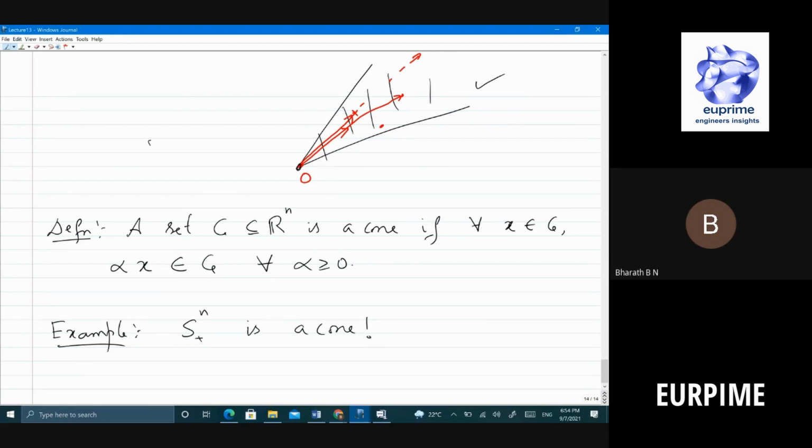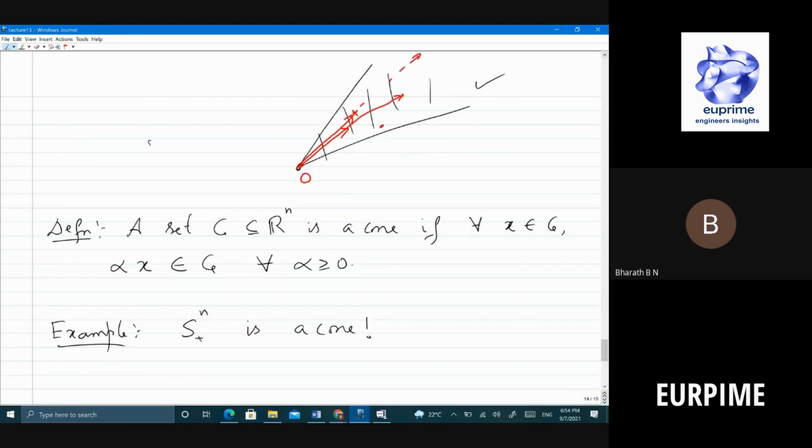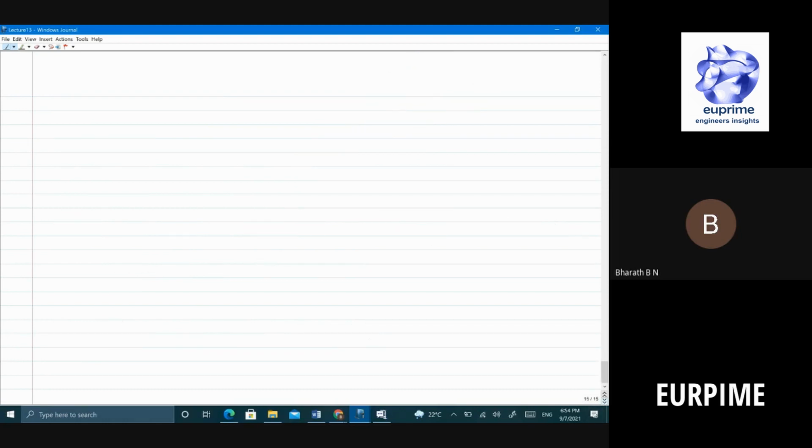So now, why do you need this? Well, thinking, so I can think of Sn plus as cone, right? So I can imagine now. I have some way of visualization. Otherwise, I don't know how to visualize S plus N, right? It's a weird set. Now, why is it useful? There are certain problems. For example, I can say,